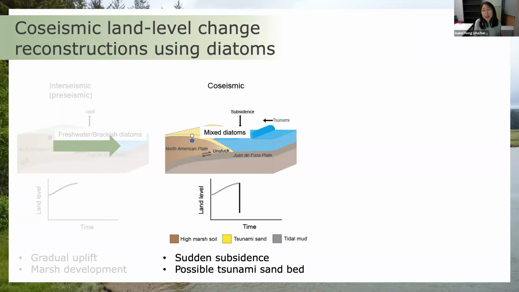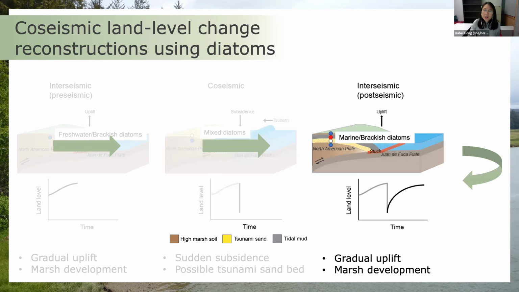And if we were to measure land level change during this co-seismic period, what we would find is a very sudden and dramatic drop in elevation. But as we re-enter into the interseismic phase, because we dropped in elevation so dramatically during this co-seismic period, these coastal environments are now sitting at a much lower elevation. And so they're going to have an accumulation of more intertidal muds, in which we would find predominantly marine and